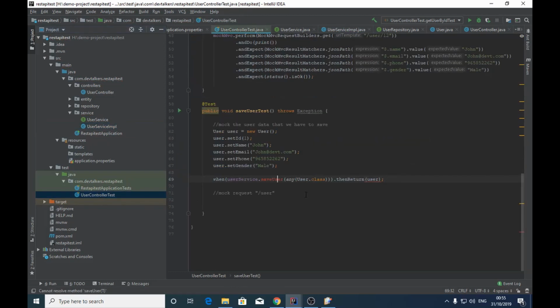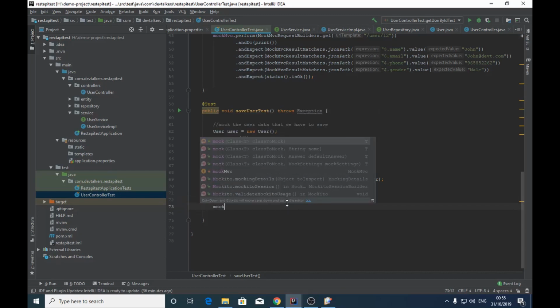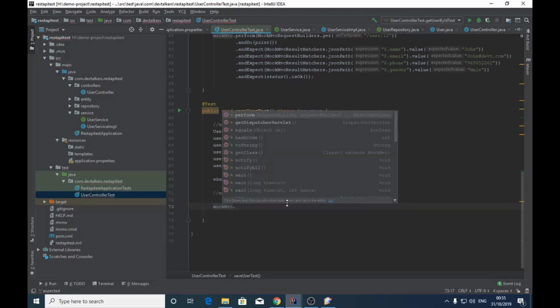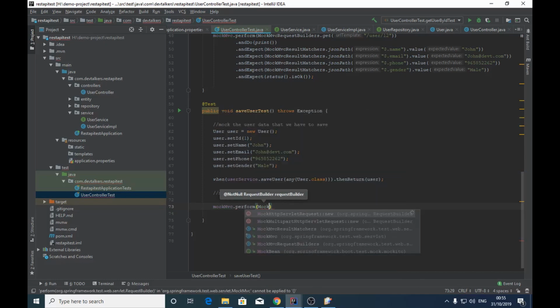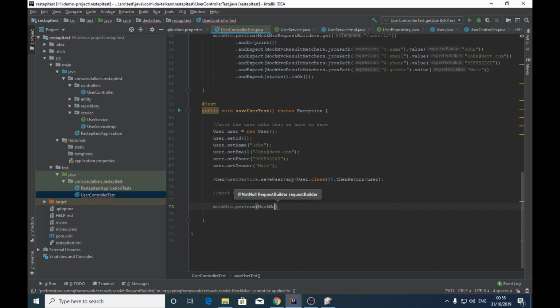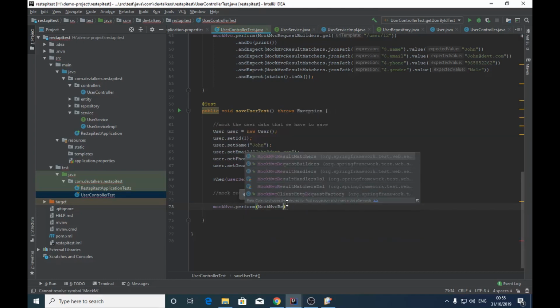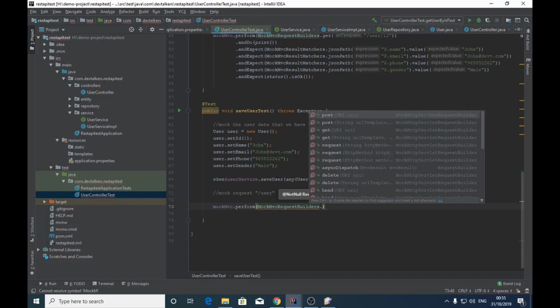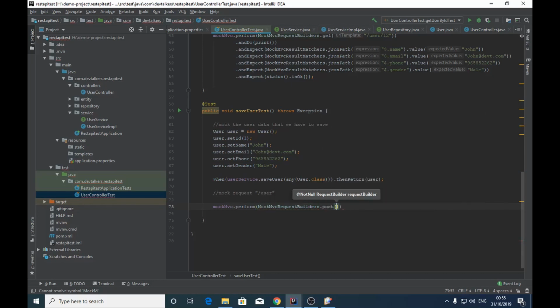Let's get back to our controller class again. The error is gone, and now we will perform the mocked post request to save the user details. So let's say mockMvc.perform, MockMvcRequestBuilders, and we will do a post here, and the post URL will be /user, and the content type will be JSON,